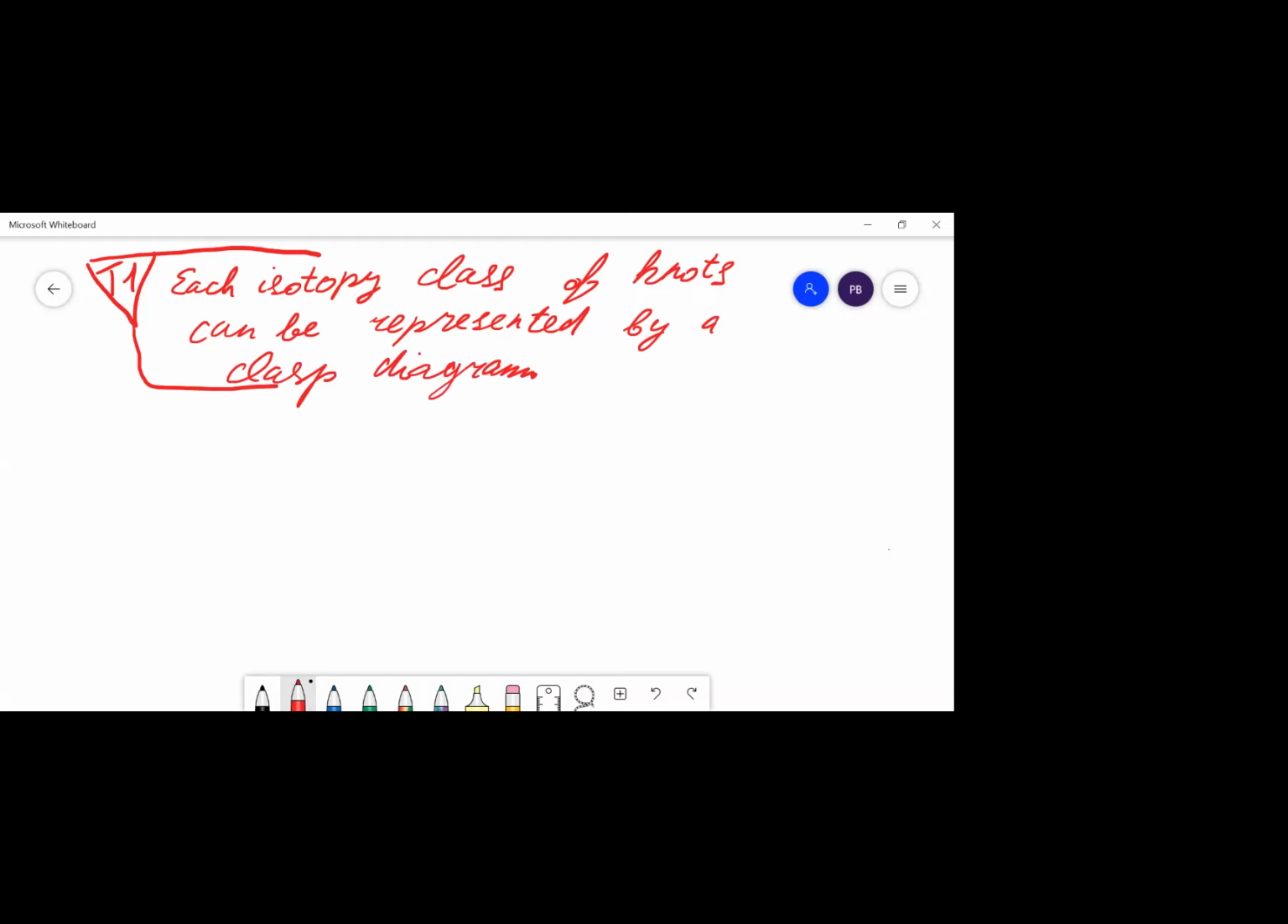And the second thing is, okay, I think I have to define the moves first, but the second theorem is that any two clasp diagrams that give rise to isotopic knots are related by a finite sequence of moves from a finite set. I'll not write it down just yet. I'll show you the moves, and then I'll do it. And so the moves are very simple. First move is